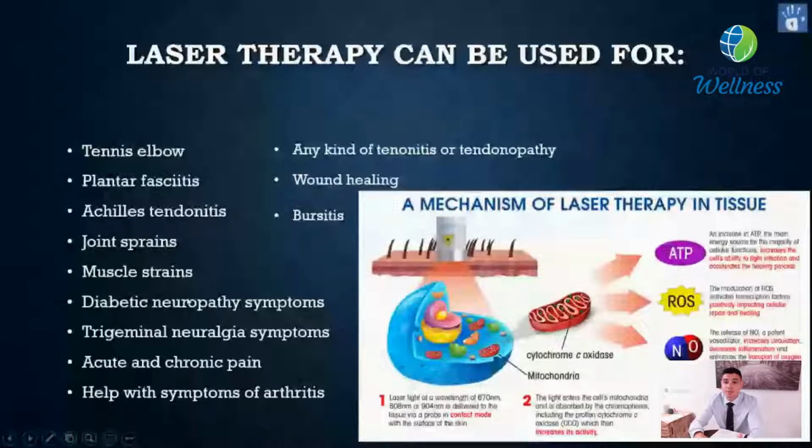Diabetic neuropathy symptoms. So I treat a lot of patients right now. You have to have an A1C that we can work with. So if you're coming in and your A1C is over 10, the laser therapy is not necessarily going to take away the numbness in your feet. But if you have an A1C that's right around 6 or 5.5, if we get the laser therapy coupled with the glucolyze, magnesium, and pro oranges in our neuropathies supplementation, I can't guarantee, but it's not uncommon for someone to get their A1C tested, get on the supplement protocol, and it drops a couple points,